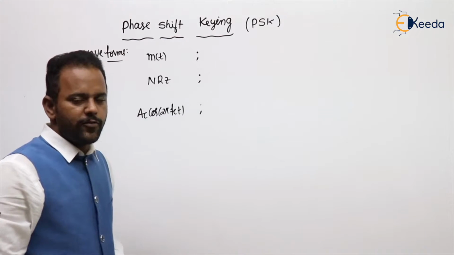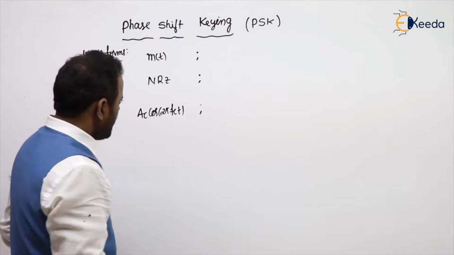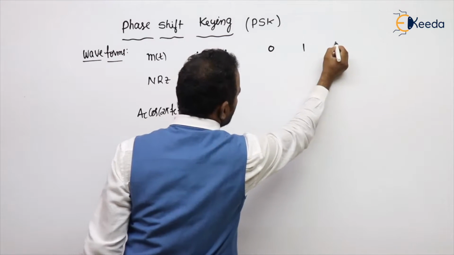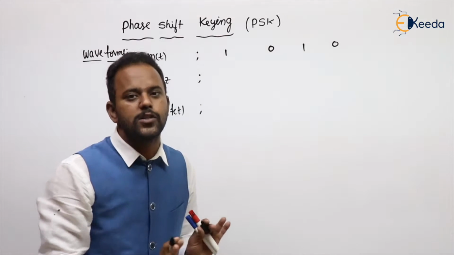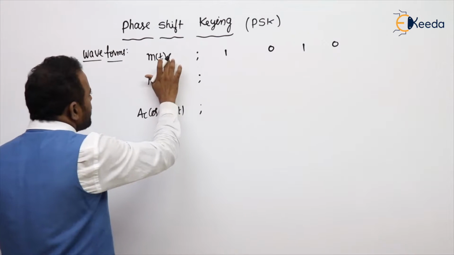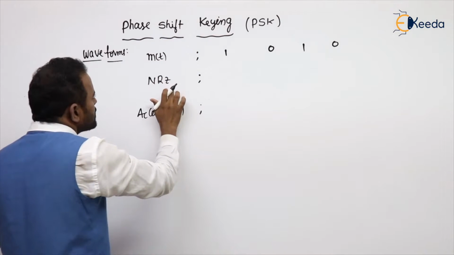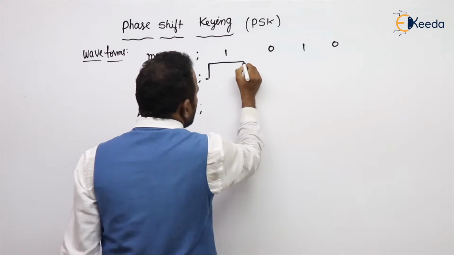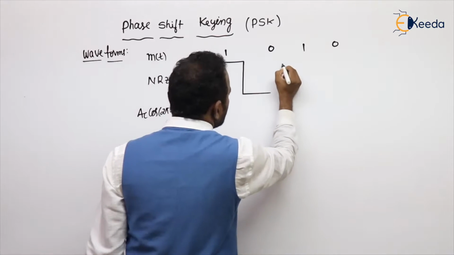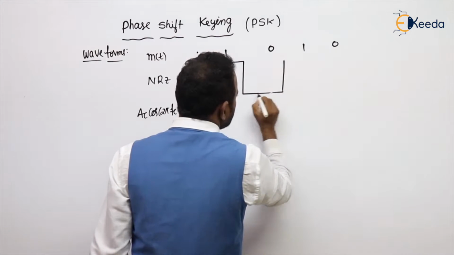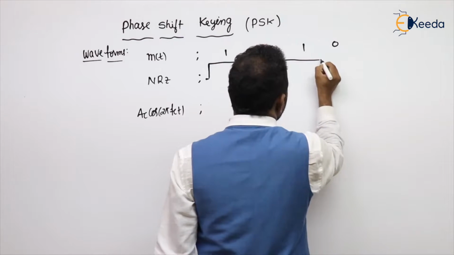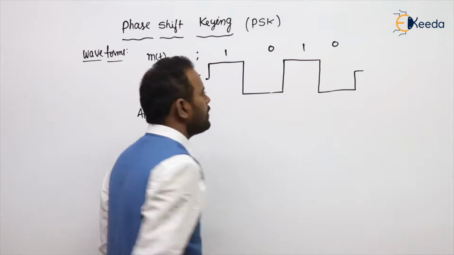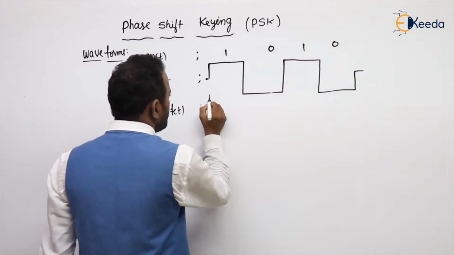See the waveforms of a PSK modulation scheme. Let us assume that, as usual, for example, the message is 1010. Suppose these are not predefined. For example, for representing the bits in the PSK scheme, what are we using? NRZ. NRZ means binary 1 is a positive pulse, binary 0 is a negative pulse. One more time, binary 1 is a positive pulse, binary 0 is a negative pulse. Both are of the same duration of T.